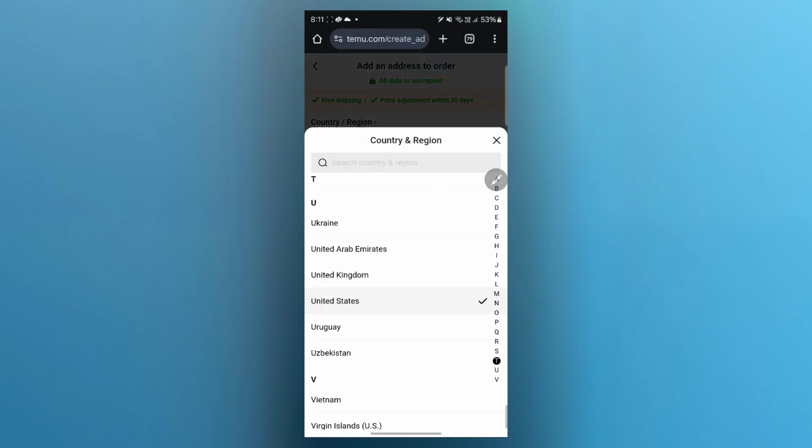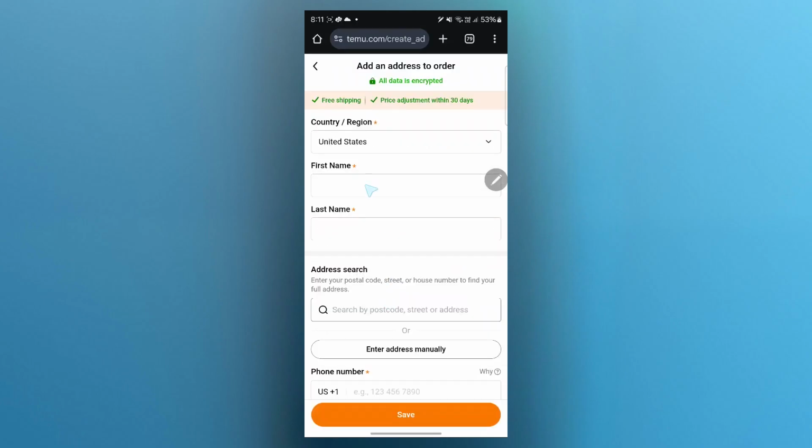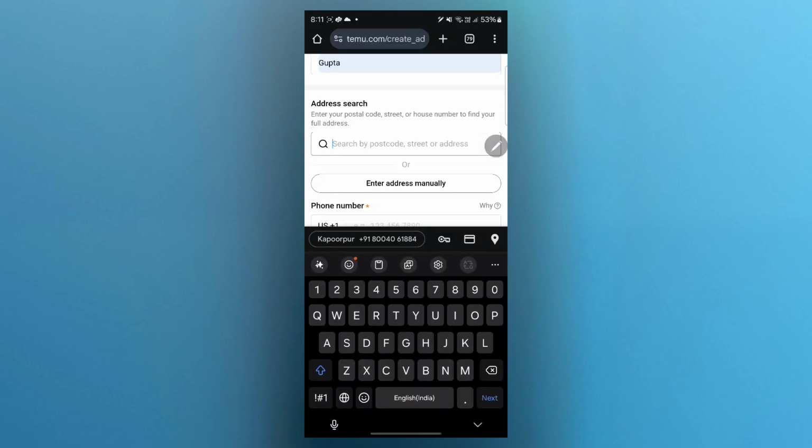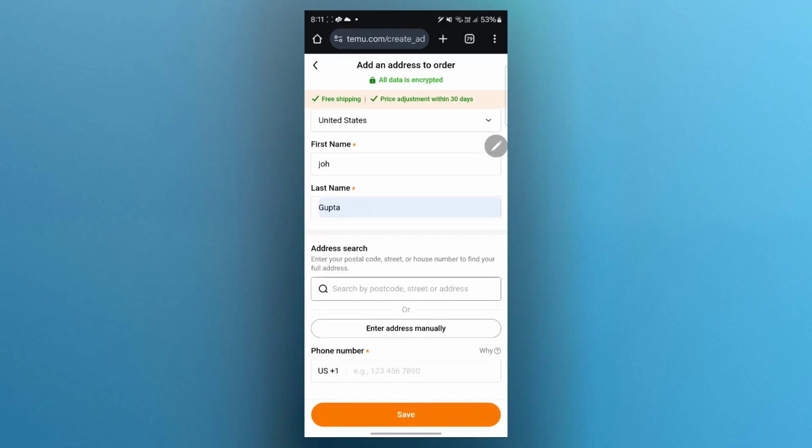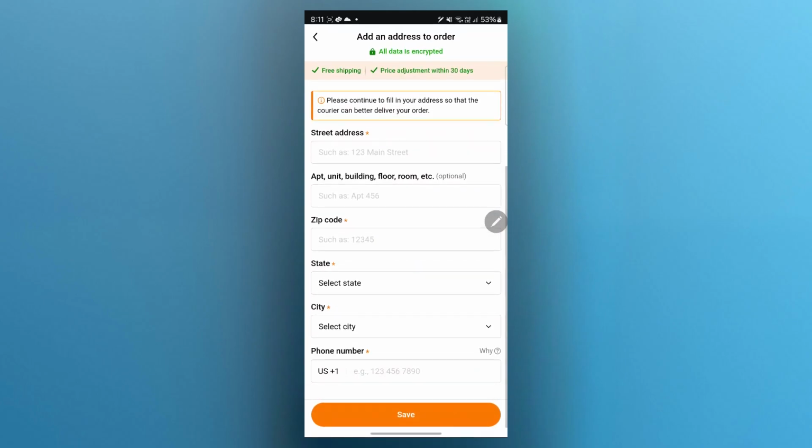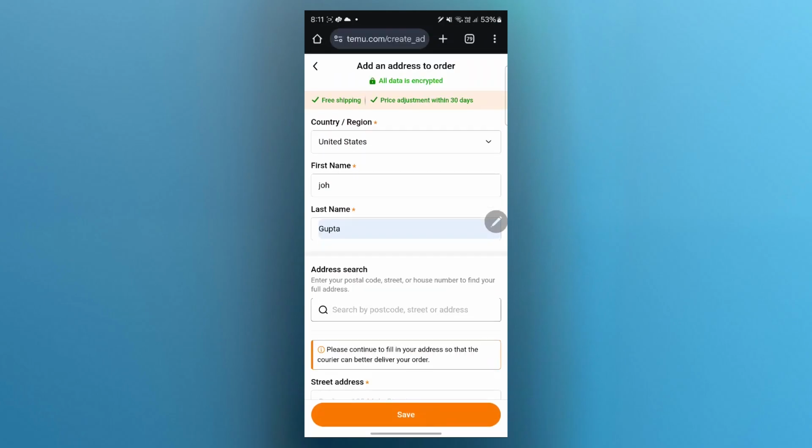Click on the country or region. Choose the country or region where you are buying the product. Enter your first name. Enter the address where you want to buy this product. Enter your phone number here. Then click on save. After you complete the information on this page, you'll have to click on save and you'll